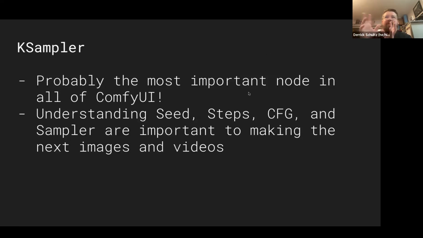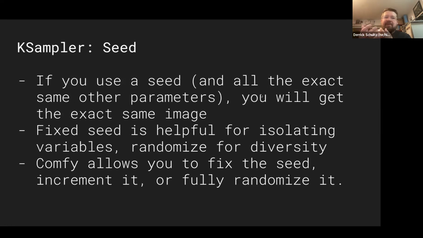If you watched that diffusion video that I shared with everyone, which was about 30 minutes, it covers seeds, steps, what we call CFG, and picking which sampler you want to use. Your homework for this week will be to play with these values and see what you get out of it. But I'll talk a little bit about what these are. So the first thing is seed.